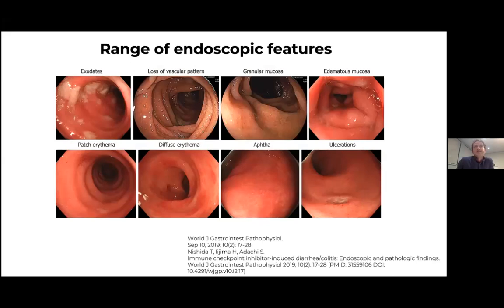The colitis is generally or typically on the mild to moderate end of the spectrum. Again, in looking at some of the data, Mayo 1 and Mayo 2 scoring on endoscopy was in about 60 to 70% of patients. There's a question of ileitis or isolated ileitis, and it hasn't been very well studied. The one case series that looked at that only had one case in 53 in their cohorts that had isolated